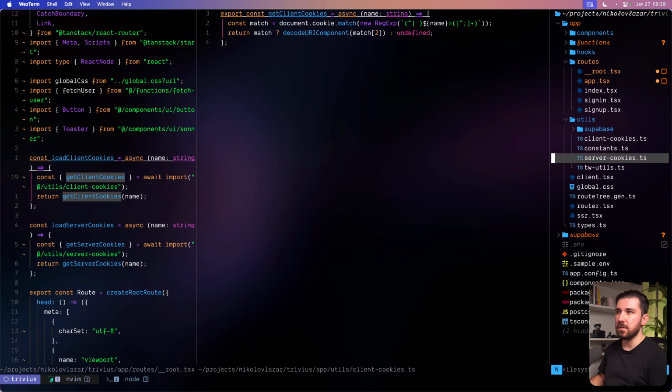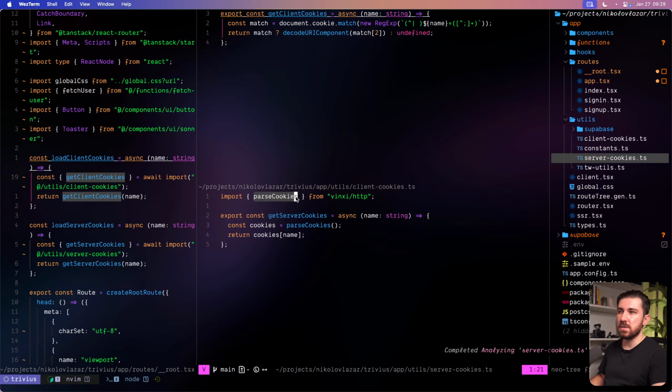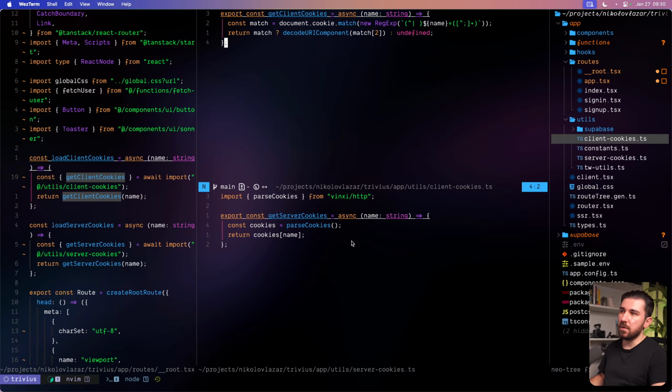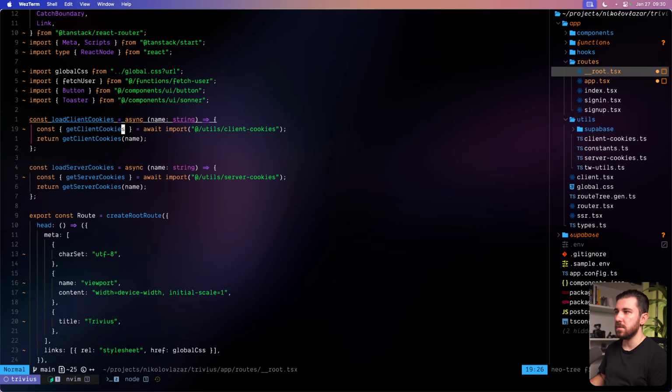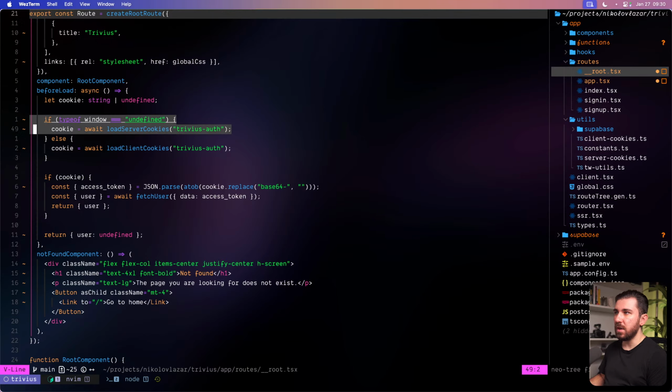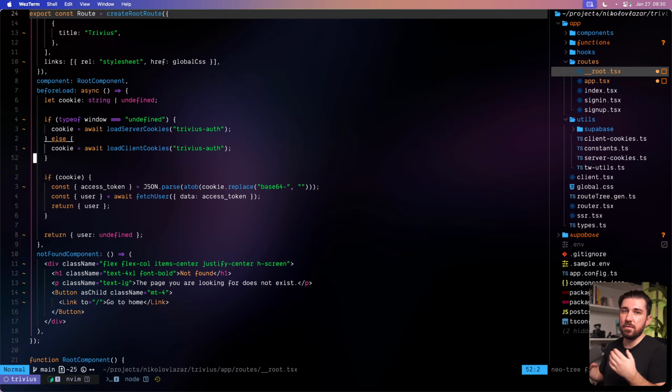And this is how I do it on the server. So I'm using the parseCookies function from Vinxi/http. I'm just doing parseCookies. It will give me all of the cookies, and I'm just going to return the one that we're looking for. That's it. So with these two functions and the dynamic import, wherever I am inside of the routing hierarchy, and regardless of how I got there, whether through the SSR way or through the client-side way, I get a cookie. And then I can use that cookie to get the user. And then I can return the user, and